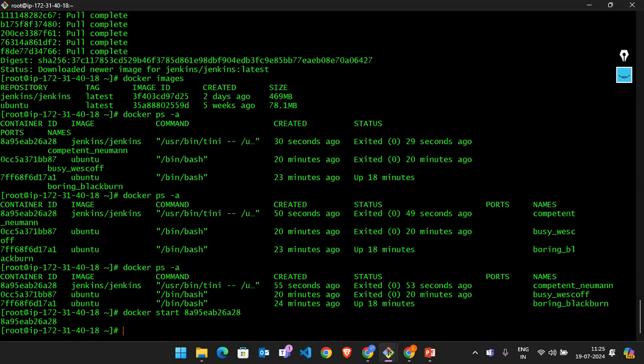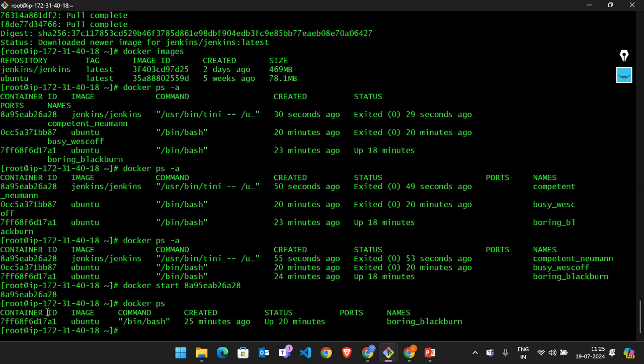Now I want to see docker ps. See this, it came, right? No, sir, it's not started. Docker start, and after that I will try to attach